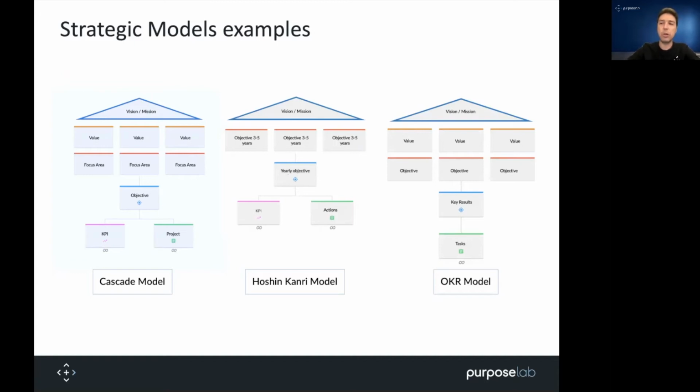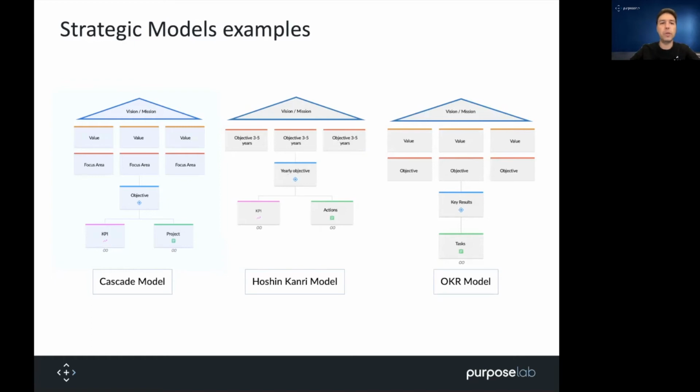So we love this model because of the flexibility that it provides, and also because of the way that it's organized, and together with the next step in the planning process, which is actually selecting the right framework, you will have probably the best combination. So if you are ready to work with either the OKR, the Hoshin Kanri, or any other model that you're familiar with, that's perfectly fine. But if you want something flexible that can be adapted to your organization, the Cascade model precisely has that, and that's why we love it.